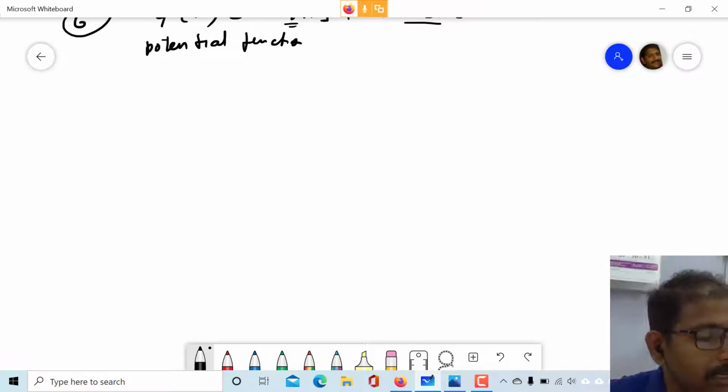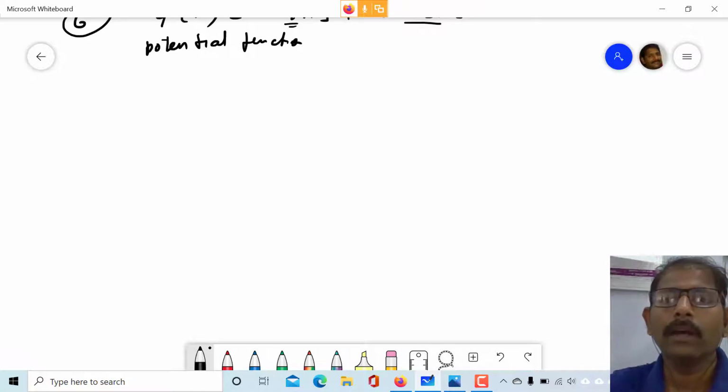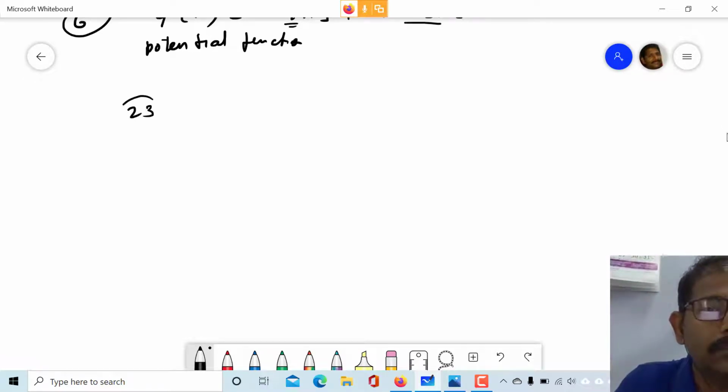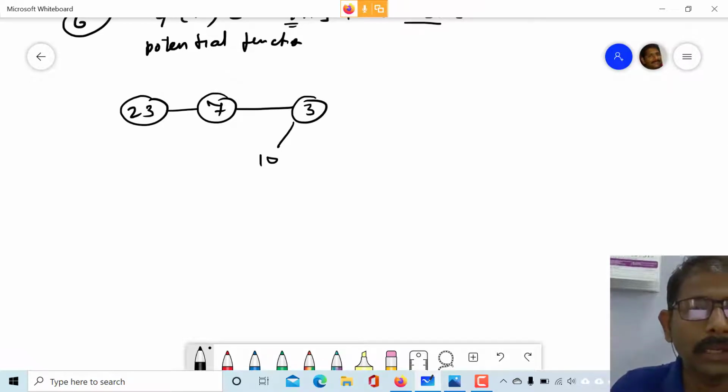Let us draw a simple Fibonacci heap, and we'll understand its working. Suppose I am writing a Fibonacci heap. 23 is the first node. After that, suppose 7 is the next node. I have already told that there can be more than one node having the same degree. So in this case 23 and 7 both have degree 0. Suppose 3 is the next node, 18 here, and suppose 39.